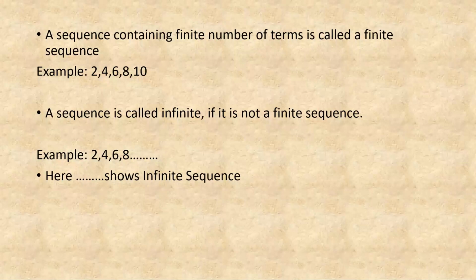So whenever you use finite and infinite, the meaning remains the same whether it is for a set or it is for a sequence. Got it? That will remain the same. Now see the difference. It's finite because it has 5 terms: 2, 4, 6, 8, and 10. Now come to this 2, 4, 6, 8 dot dot dot. So what does dot dot dot show? That it is an infinite sequence. Correct. That the sequence goes on, and we don't know how many terms this sequence will have. Therefore, it will be an infinite sequence.